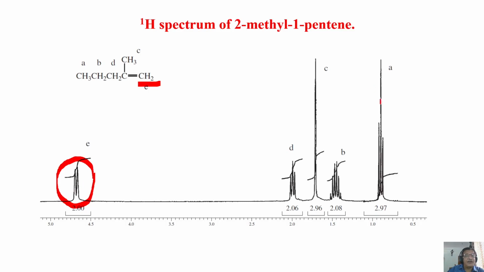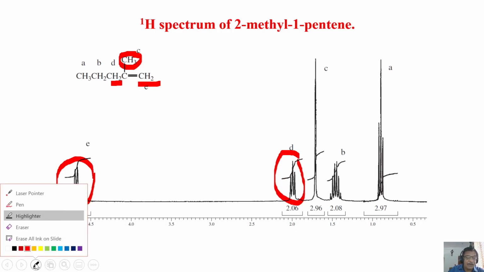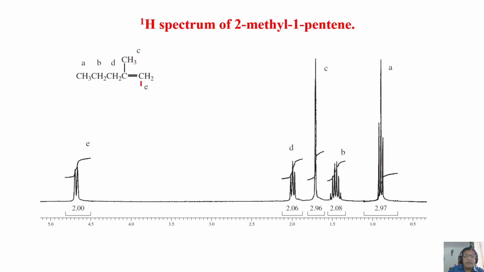What is making this into a multiplet? Something difficult to understand. It is definitely not coupled to CH3. Otherwise, this would have become a multiplet. And definitely it is not coupled to CH2 because if you go by that, this would have been very complex. And what is the real problem? Remember, these two protons are not equivalent. As a consequence, it behaves like an AB spin system. That's what is happening. As a consequence of that, these two protons appear as two protons coupled within themselves, strongly coupled.